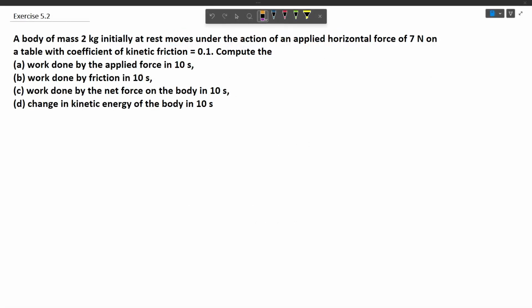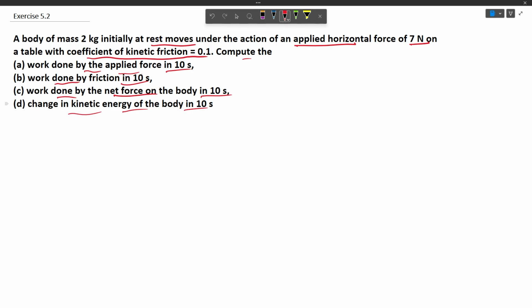The question says that a body of mass 2 kg initially at rest moves under the action of an applied force of 7 Newton on a table with a coefficient of friction of 0.1. Now compute the work done by applied force in 10 seconds, and also work done by friction in 10 seconds, and work done by net force on the body in 10 seconds, and change in kinetic energy of the body